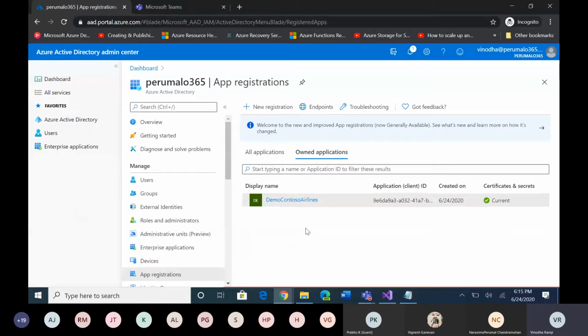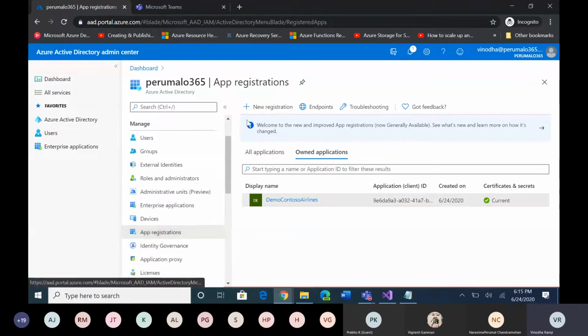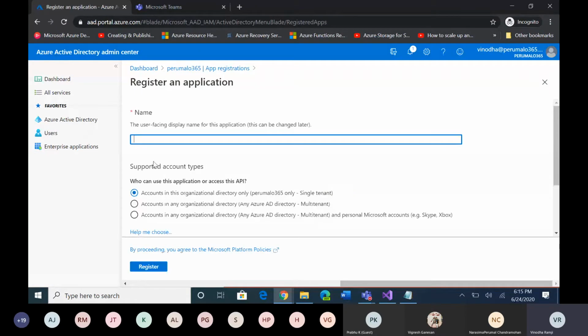To use Microsoft Graph API, you need to register an application in the Azure Active Directory under the app registration section. Hit the new registration button, enter the name for your app, select whether the application is going to be used in single tenant or multi-tenant, and click the register button.